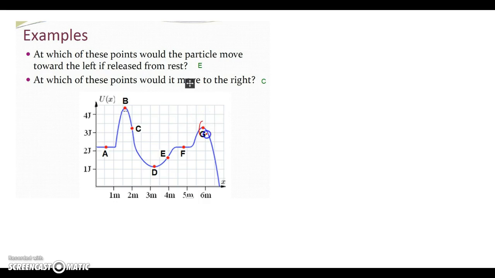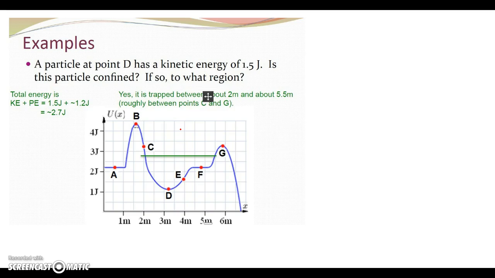Well, any of these positions we really don't know, but we can tell that it's going to move right here, and it's going to move left here. It's kind of interesting they're released from rest, because if you look here, his rest would be 0. His total potential energy on this chart is 3, so it's got to move down because it's going to give away some potential to give it some velocity. Same here. Right. Now it says if a particle at point D